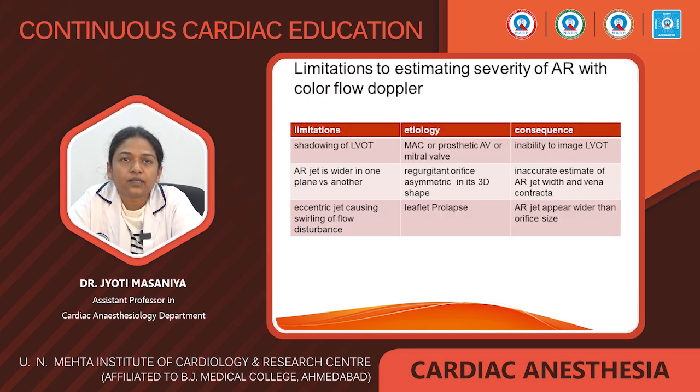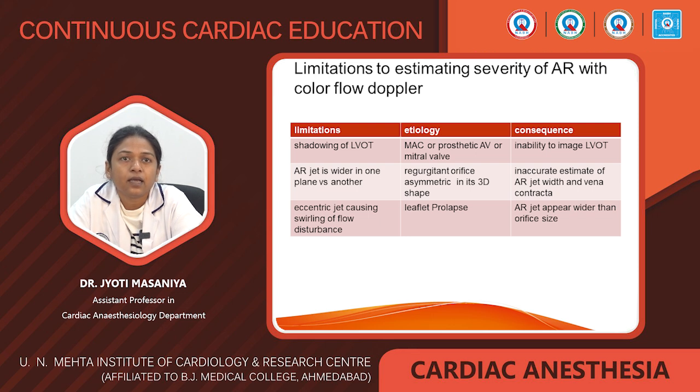This table is showing the limitation of estimating AR severity with the color flow Doppler. Any condition such as mitral annular calcification or a prosthetic mitral or aortic valve will cause shadowing of the LVOT, so that will lead to inability to image the LVOT. Or if the regurgitant orifice is asymmetric, then the AR jet is wider in one